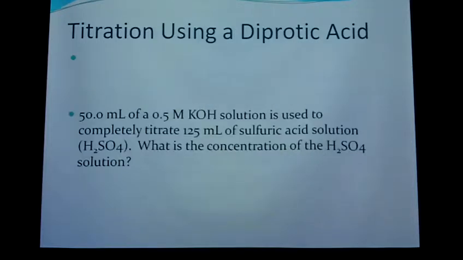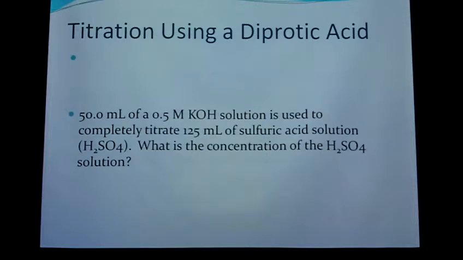Okay, let's try titration then of a diprotic acid. Now, we didn't get a chance to do this in the laboratory, but let's give it a try. So let's take a look at this problem. It says 50.0 milliliters of a 0.5 molar potassium hydroxide solution is used to completely titrate 125 milliliters of sulfuric acid solution, that's H2SO4. What is the concentration of the H2SO4 solution? Okay, it's a simple